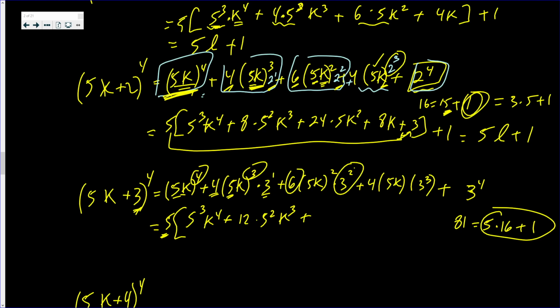Plus 9 times 6 is 54, 5 squared, we brought out one 5, so 1 remains, times k squared. Plus 27 times 4. You want to work that out? Go for it. It's 108 times 5k. But we already brought out a 5, so times k. Plus 81,